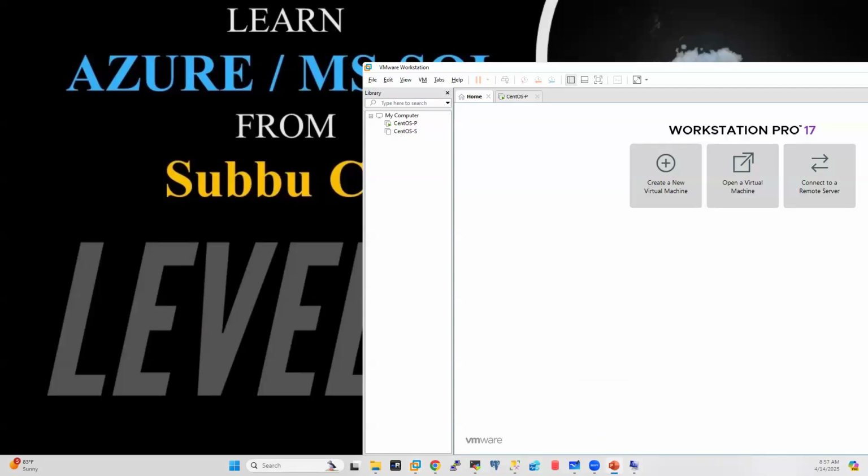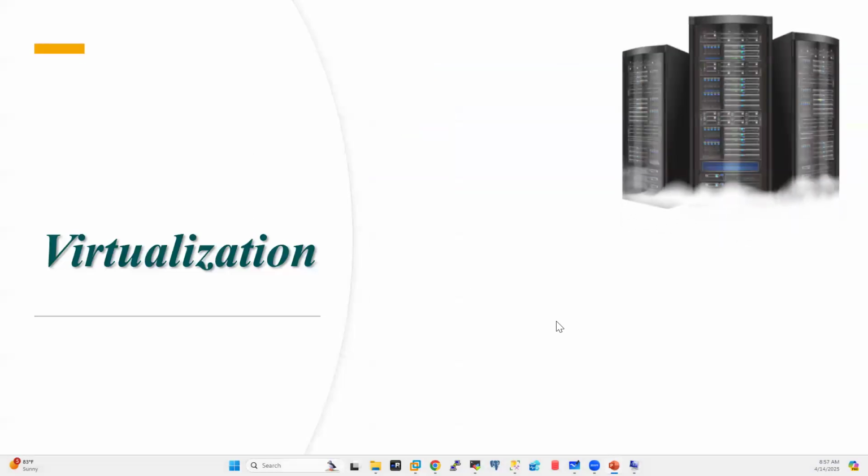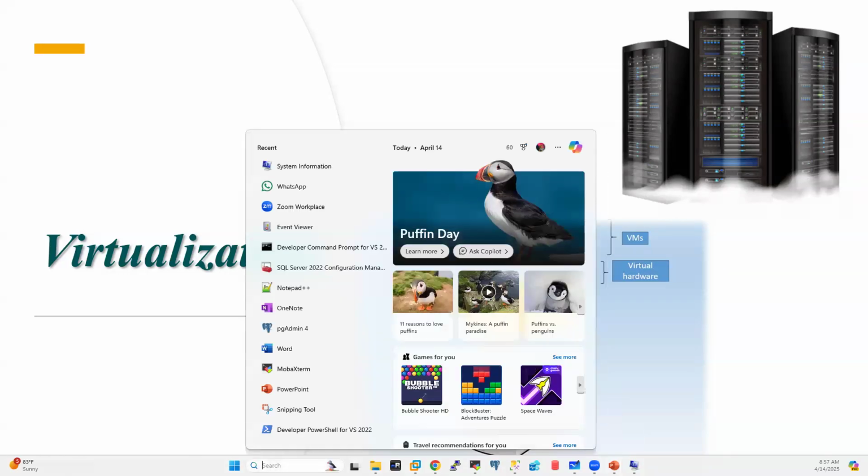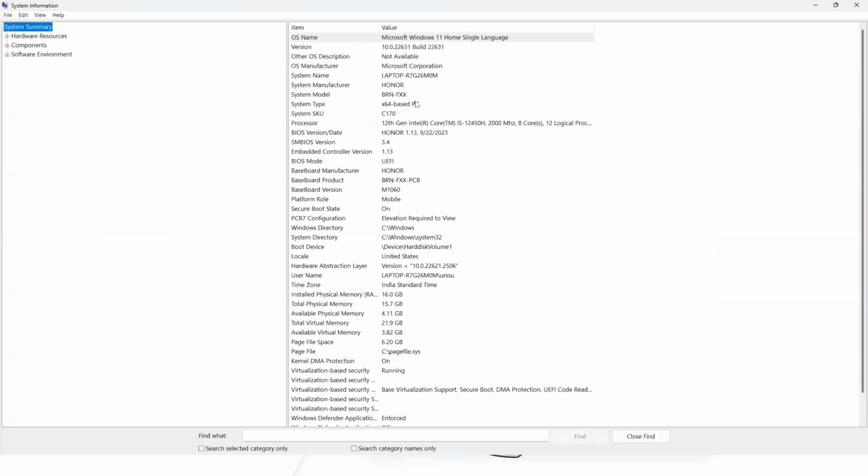You can purchase a massive computer, and you can go for virtual servers. How will I know, Subbu, whether this is my virtual server or my physical server? See, my laptop is a physical server. It is from Microsoft Corporation, and this is my server name. There is nothing called virtual. But when you go for virtual, it will display as a virtual machine. I will show you when we deploy an Azure VM, whether it is a virtual server or a physical server.